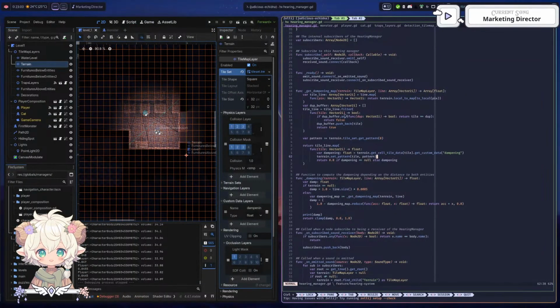So it's not setting my pattern. Why don't you want to set the pattern on the terrain? I want to see the pattern appear so I know if you're actually using the good tile or if you're bullshitting me. That's the first thing. I want to know that. You know what? I think